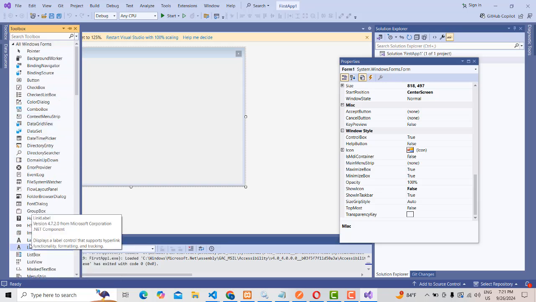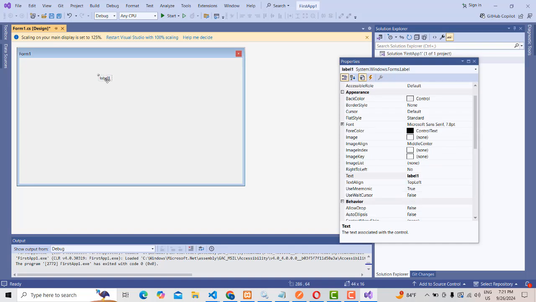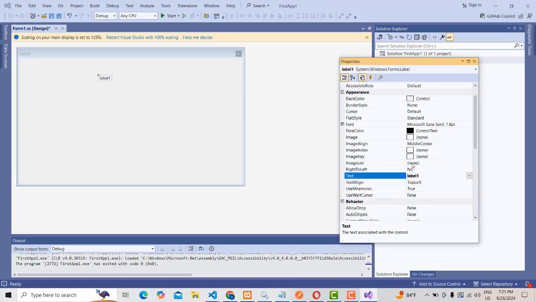Now I want to put in a simple label, so first I have to work with the label. Just drag and drop the label. What is the label? Here you implement all the text, you have to write the text. Select this, click on this, and it automatically changes the label. If you select the form, right click, properties, I want to change this one as my first